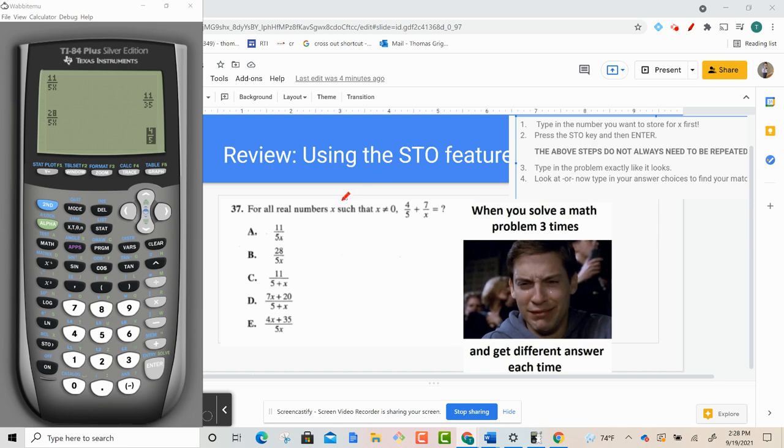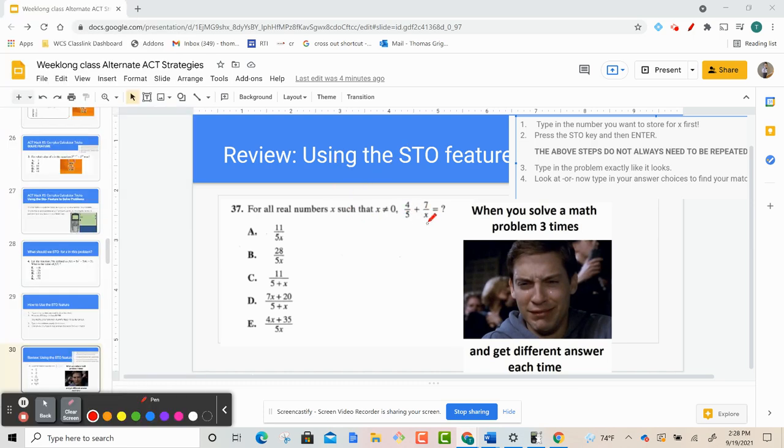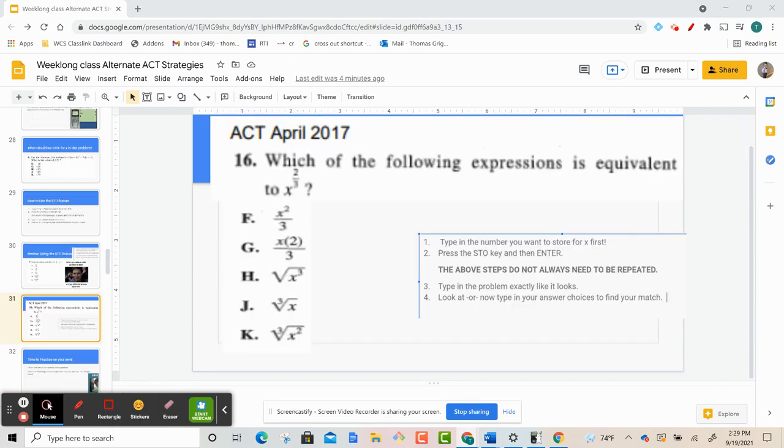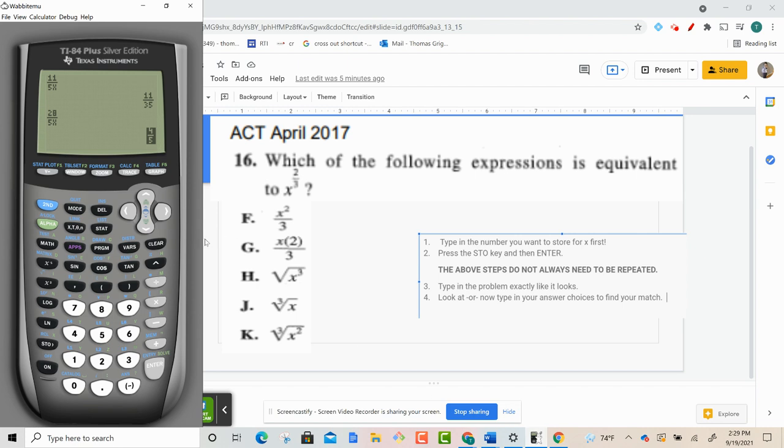So anytime the problem wants you to simplify, there's an X in the problem, there are X's in the answers. That's a big hint that the STO feature could work for you. I encourage you to practice this one. The great thing about the STO feature, we've already stored 7 for X. So you don't have to redo that first step. All you've got to do is go straight into typing in the original problem,